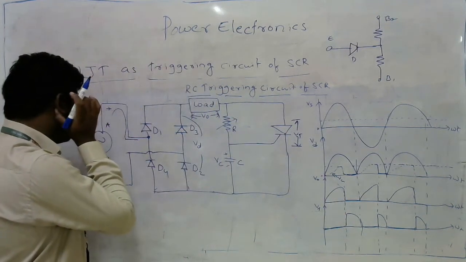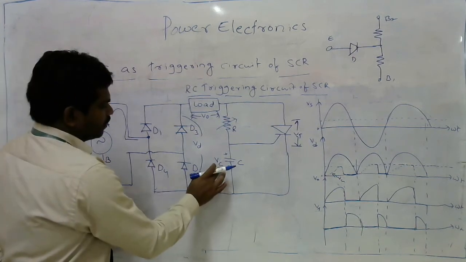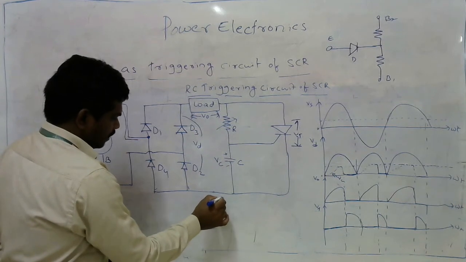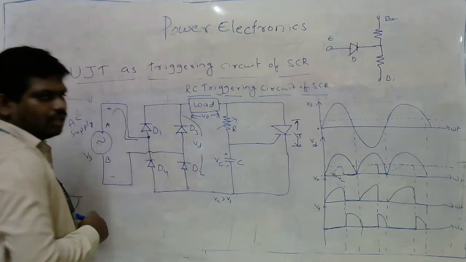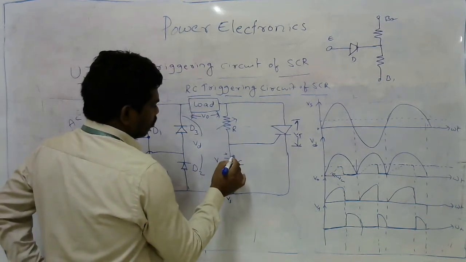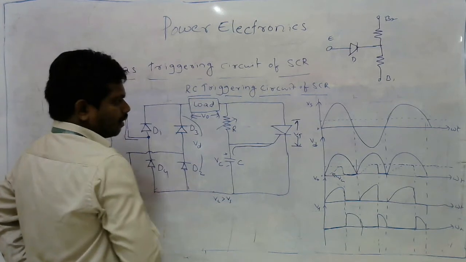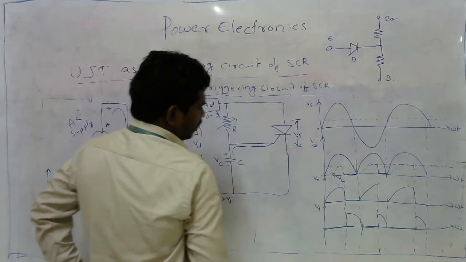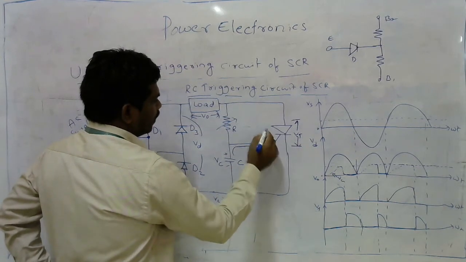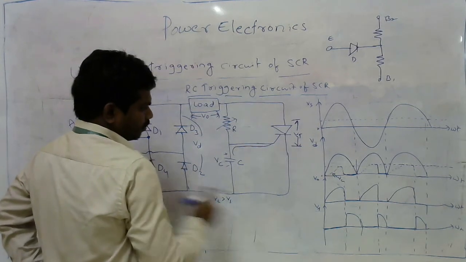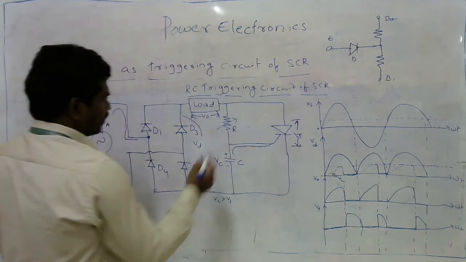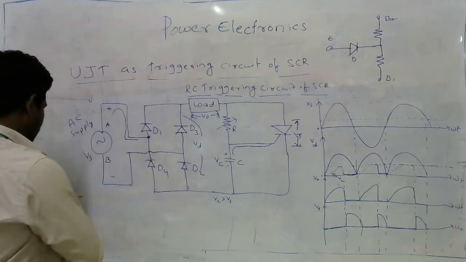Okay. After some duration, whenever the capacitor voltage VC is greater than the supply voltage Vs, the capacitor automatically starts discharging. During that condition, what happened? The current is coming out like this. Then this SCR is going to be short circuited, going to be conducting, having the output voltage. Means during this portion we are having the output voltage.